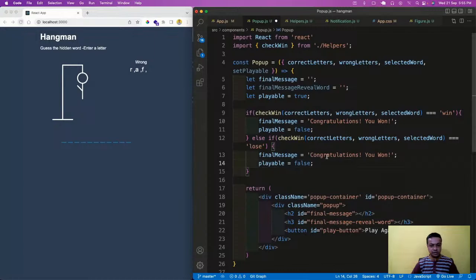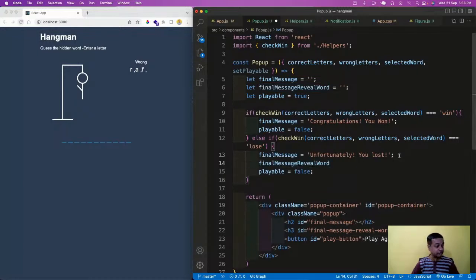Final message will be, unfortunately you lost. And final reveal word, because we want to reveal the word also. If someone lost, we can reveal the word. And dot dot dot, the word was dollar